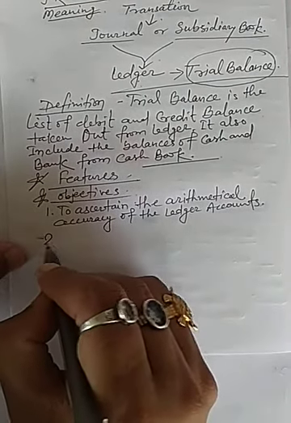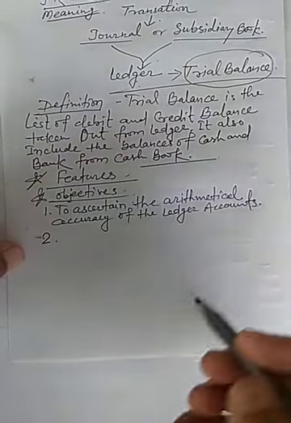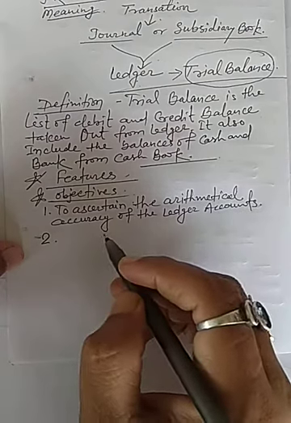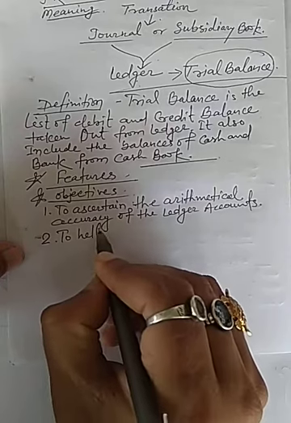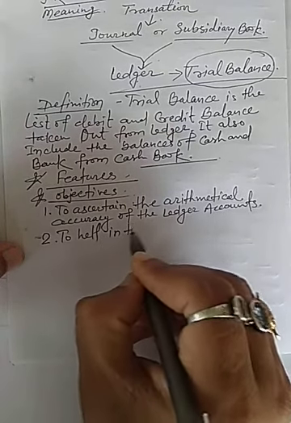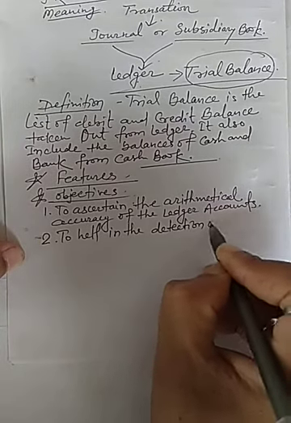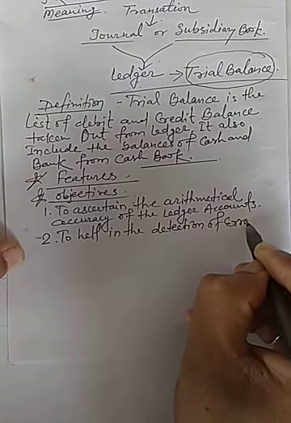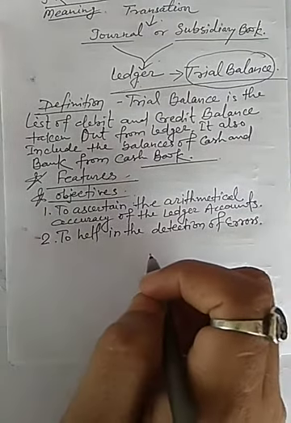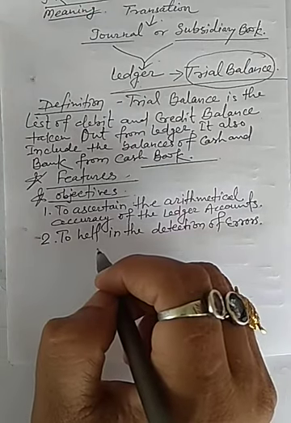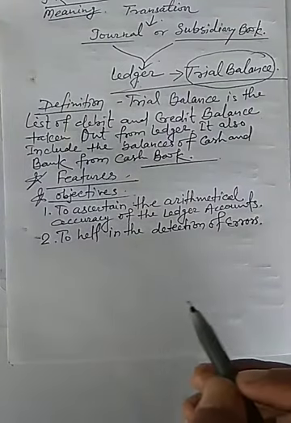Second objective is to help in the detection of errors. If a trial balance does not tally, it indicates that some errors have occurred,